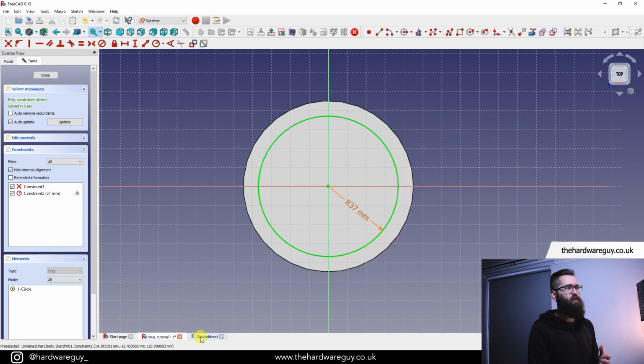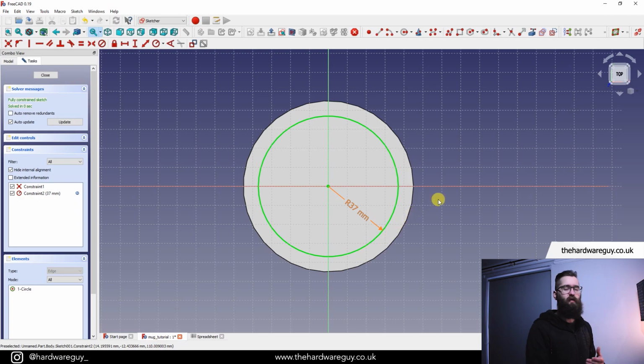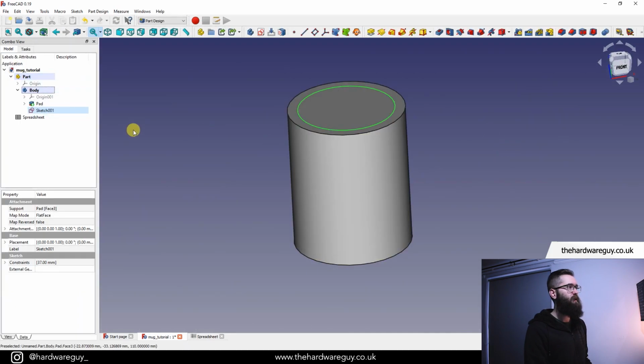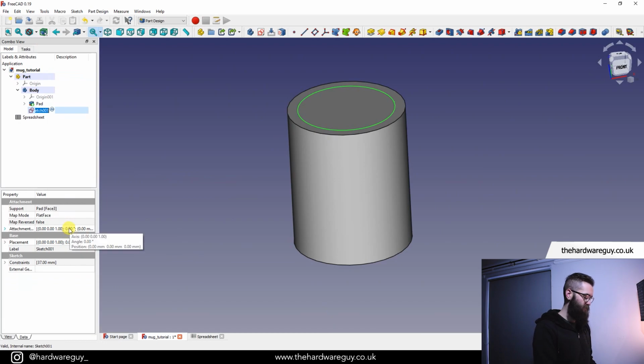And if we go back to the spreadsheet, say we wanted to increase or decrease that, we can come back here, look at our mug thickness parameter, increase or decrease that, and it'll update the sketch for us. For now we're good, I'm happy with that. We can take a better look at it when it's in the 3D space. So what we'll do is update, close the sketch, and now we're going to rename this sketch here. We're going to rename it to cut,